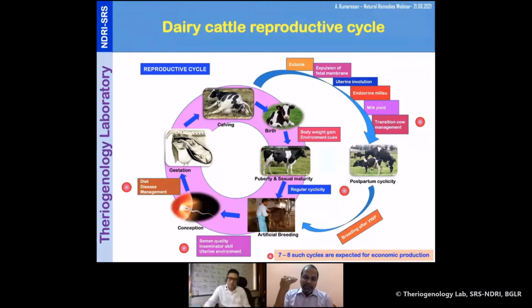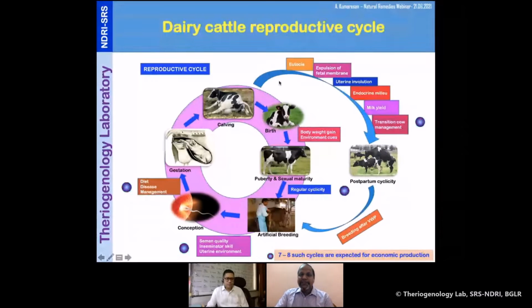To have knowledge about why it is happening, we have to have a basic understanding of the dairy cattle reproductive cycle, which I know many of you are already aware of. But there are some points that need to be highlighted for intervening so that we have a desired calving interval. As in humans there is primary infertility and secondary infertility, similarly in animals it is also there, but not clearly explained and documented. If you see the primary, from the birth of the calf to delivering the first calf, there is literally not much problem except one area, puberty and sexual maturity that has to be attained, and that is a problem in both indigenous cattle as well as buffaloes.